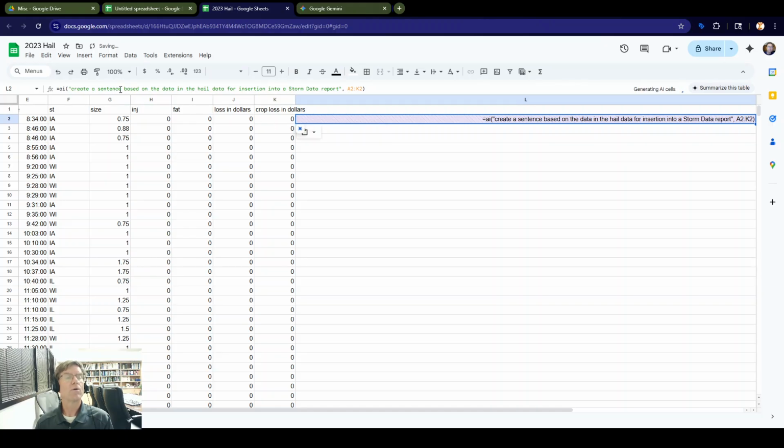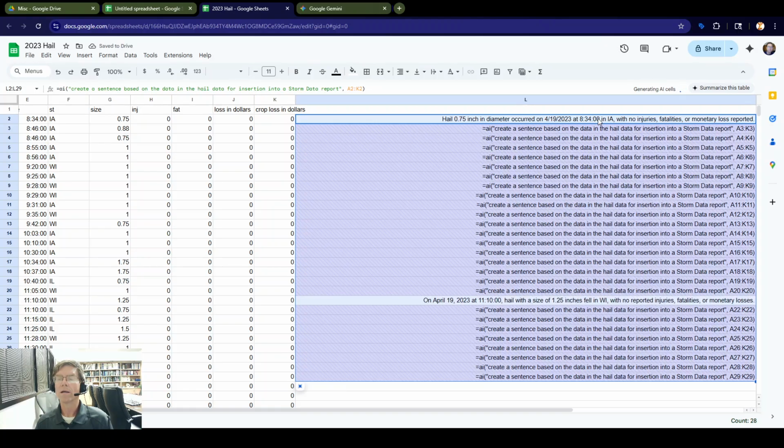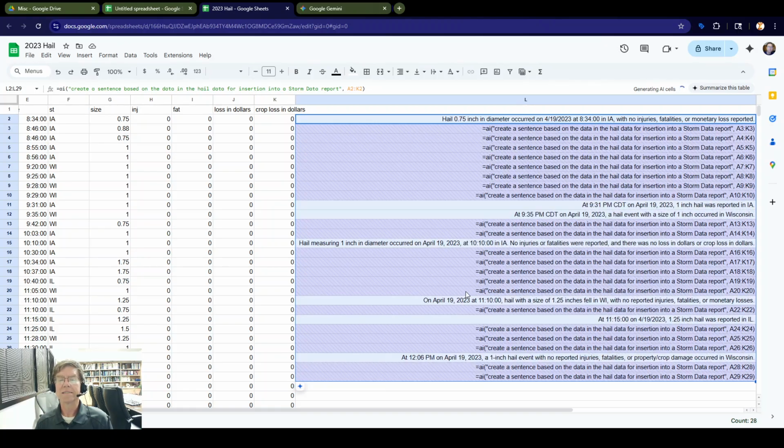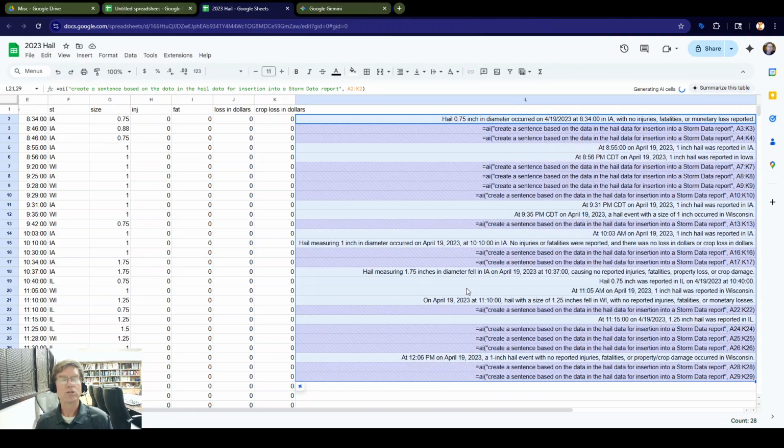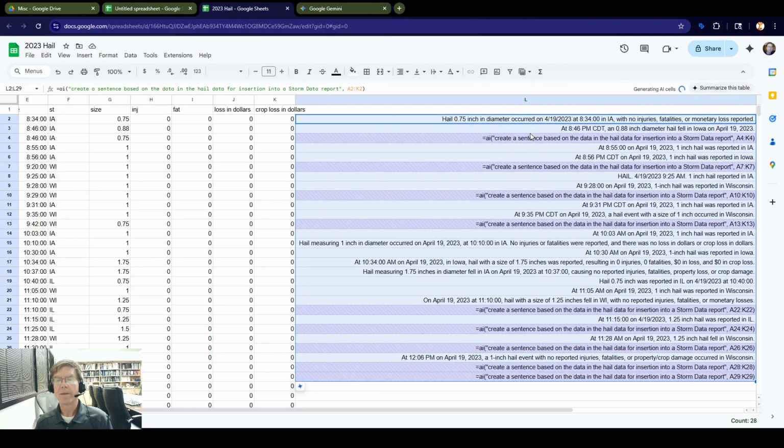So this says create a sentence based on the data in the hail data for insertion into storm data report. So what I'm telling Gemini is create a sentence based on the data in this row from A2 to K12, so those are just that row. And then I could copy that through into storm data. And of course, then I can just grab this bottom thing and I can slide it down here. And now Gemini will create sentences based on the data in each of these rows